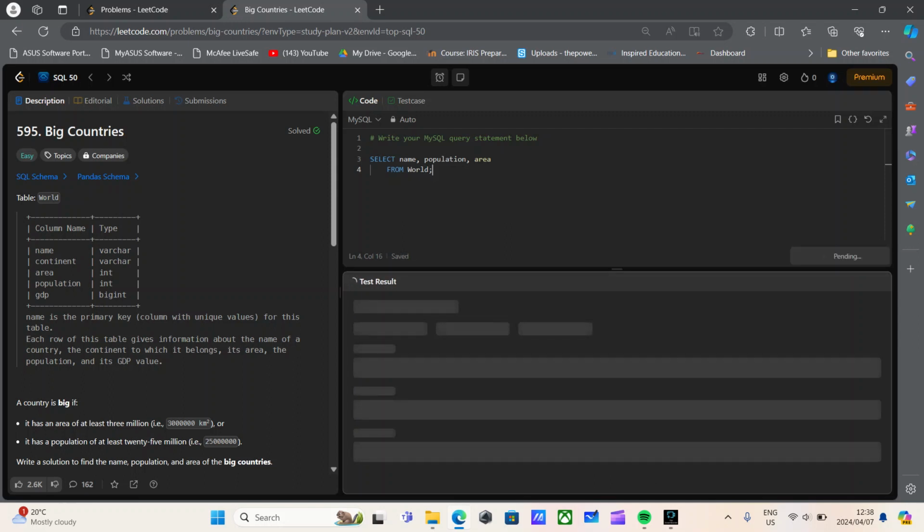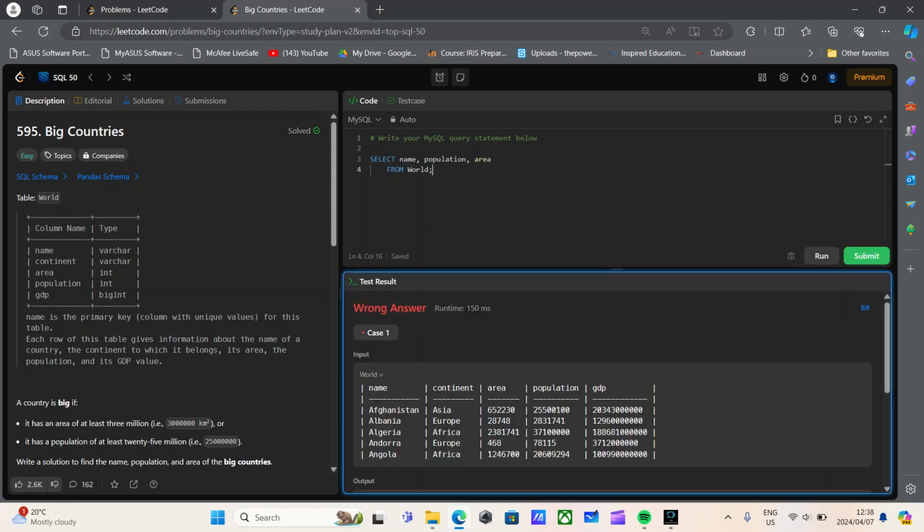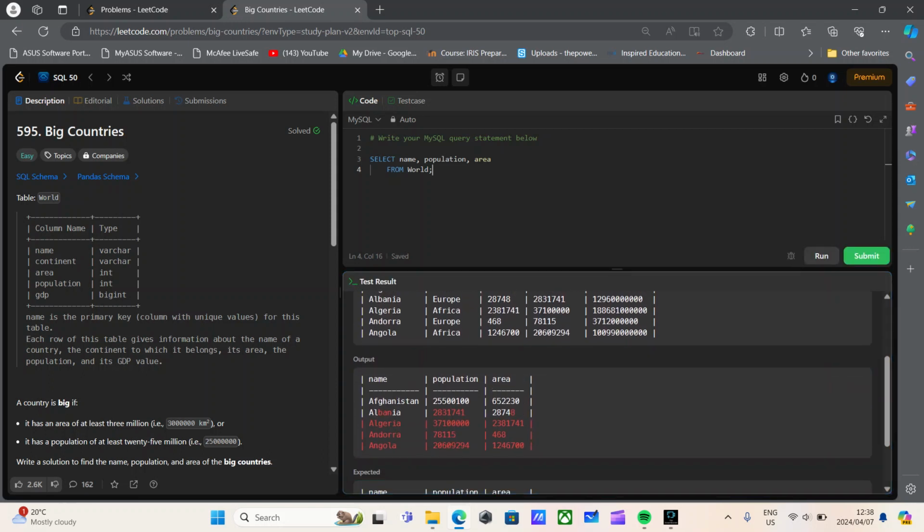If we run this query, we get back the names, population, and area of all the data within our table. But that's not what we want. Yes, we want the name, population, and area, but we want to filter it. We only want it where the area is greater than or equal to 3,456,